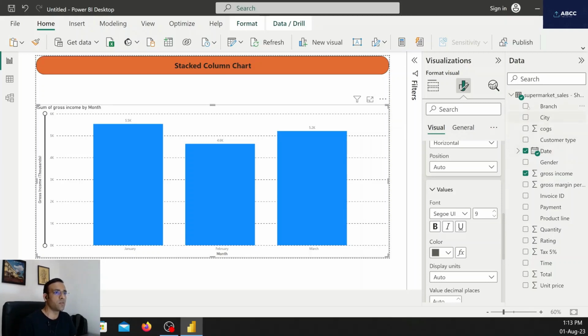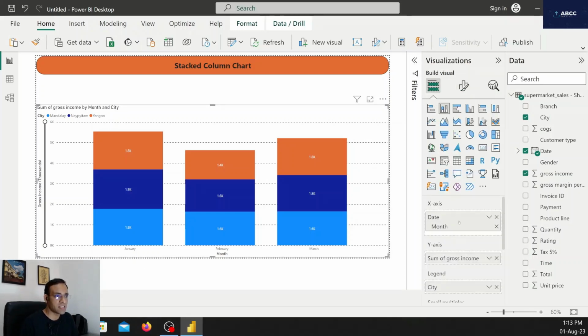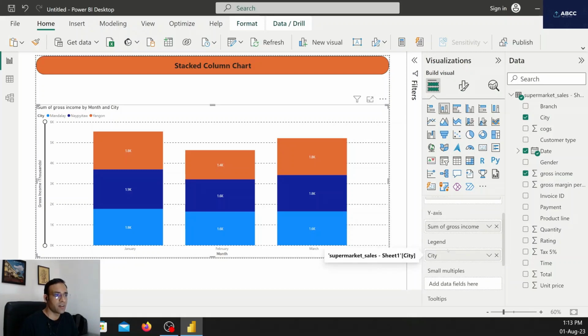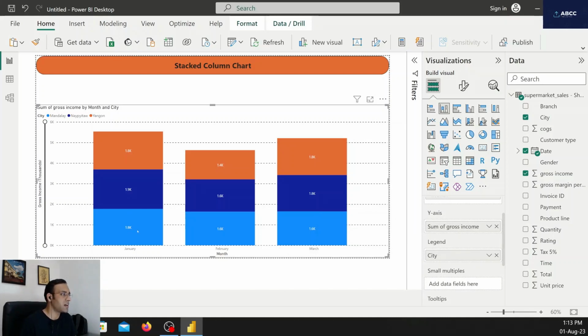So let's include, last time we have included the gender and branch. Let's include the city this time and see the difference. So here, once we include the city, it will go to the legend. On the x-axis we have configured the month value, on the y-axis the gross income, and on the legend the city. So here in the legend title, we can see there are 3 cities,